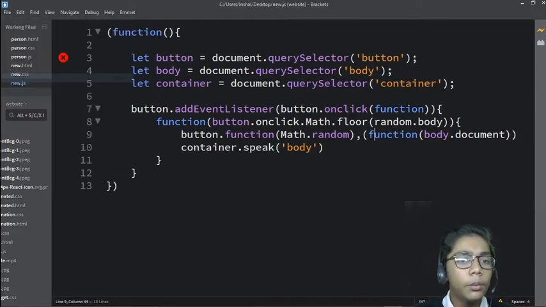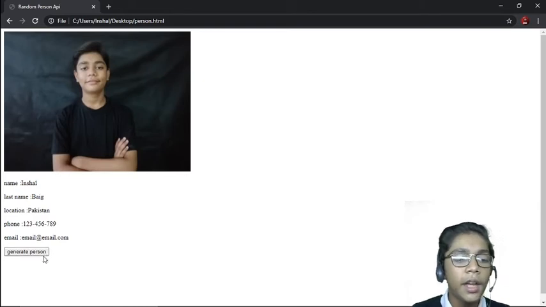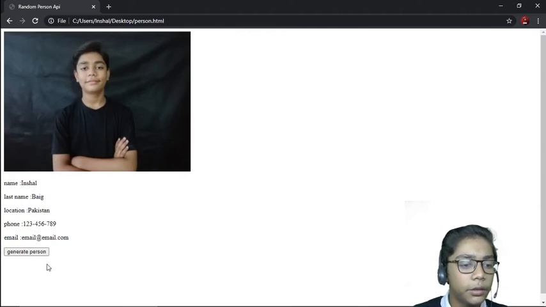Now hit save over here, because we have to define some of that JavaScript, so it should be really good. Now if I show you, it will look really awesome. Just go to Google Chrome, and now you can see we have got our image and the things we want, and there is also written generate person button, which we have just created. If I press that, you can see it will be changing our names. Just wait till it changes our names.